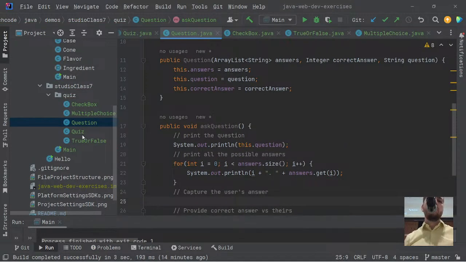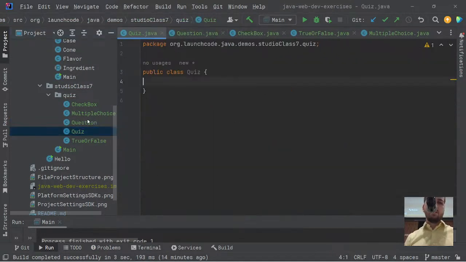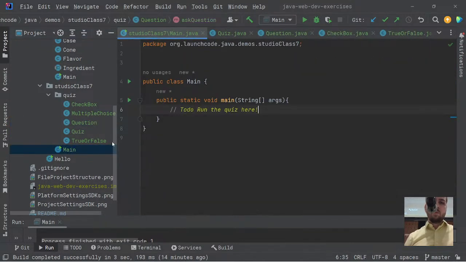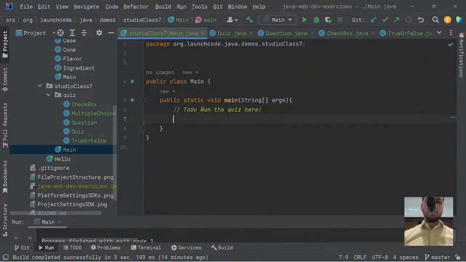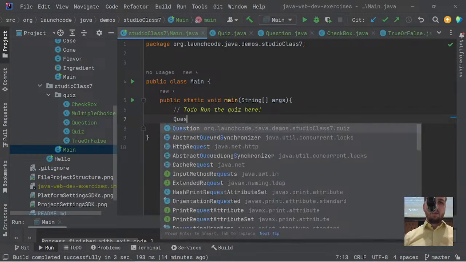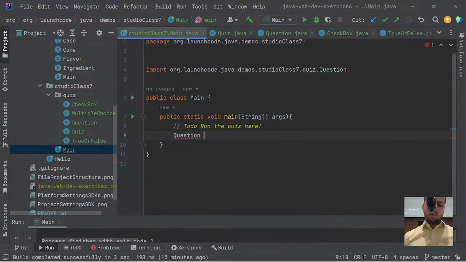All right, so I think we've written enough logic that we need to test this. So while we will run this from our quiz class, let's just jump over to our main class and create a new question. What would be a good question? What's your favorite color? Great, thank you. We're going to make this like there's only one right answer, which is terrible, but this is good. We'll do that. Fave color